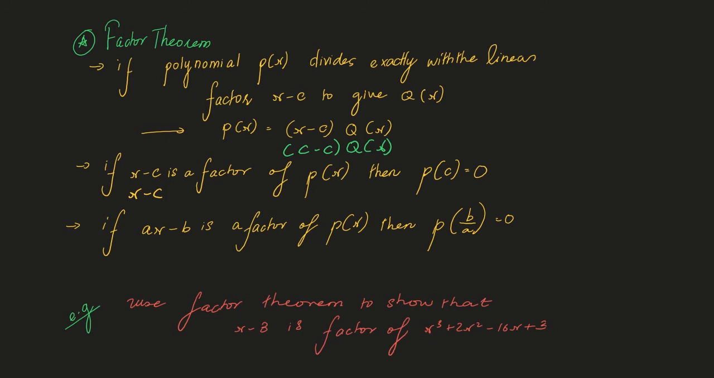Moreover, you get another rule here, which is if ax minus b is a factor of p(x), then if we input b upon a, p(b/a) should be 0. And again, we can link that to, for example, p(x) is equal to (ax minus b) times q(x). If you input b upon a